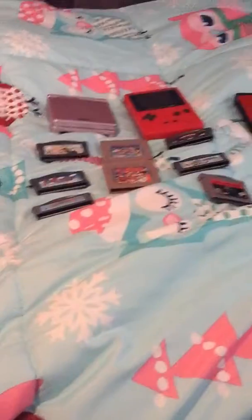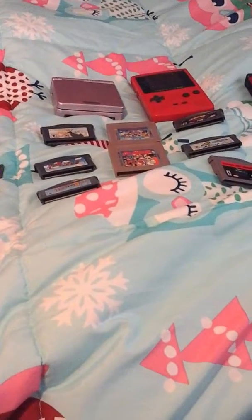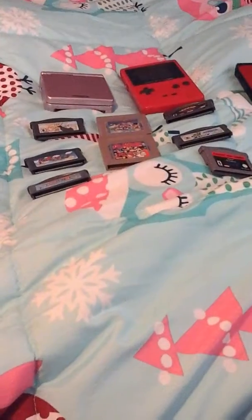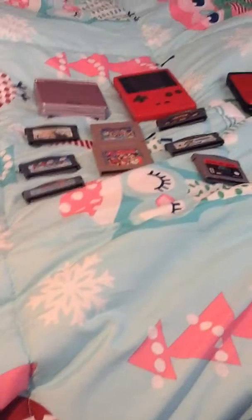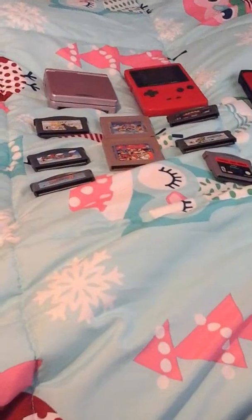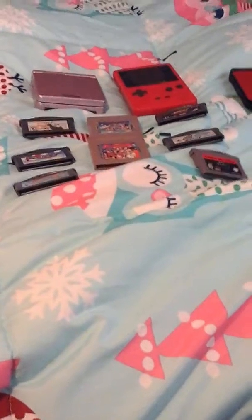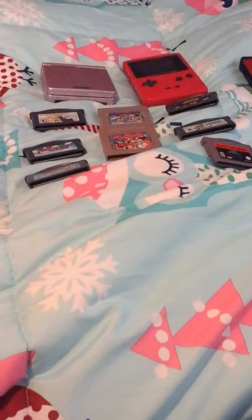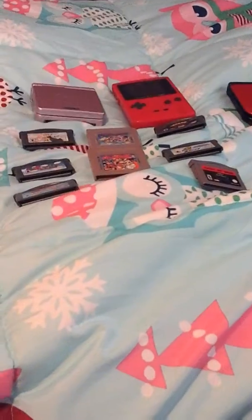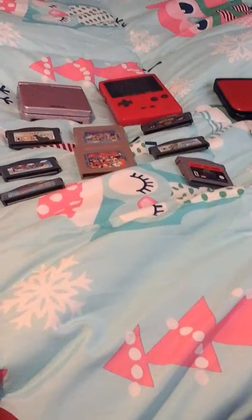So essentially what I'm trying to tell you is that I just have very, very fond memories and a very deep-seated love and appreciation for the Game Boy Color and the Game Boy Advance here. And the reason why I felt so compelled to share that with you is in an attempt to make my next statement sound less harsh. In an attempt to take the sting out of it, if you will. And that would be that